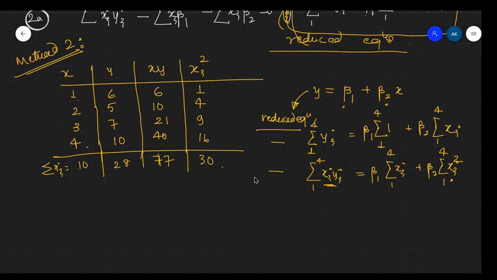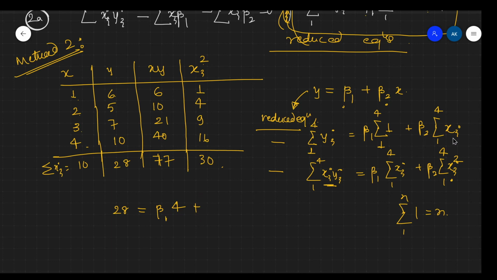Okay. Now the equations are: summation yi, 28, is equal to beta 1, and this 1 is summed 4 times. So it is 1 plus 1 plus 1 plus 1, 4 times. So this is equal to 4 only. Like summation of 1 for 1 to n is equal to n. If you remember this, then it will be easy. So this is 4